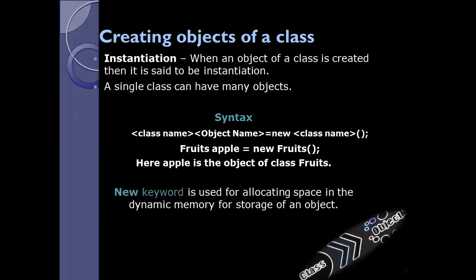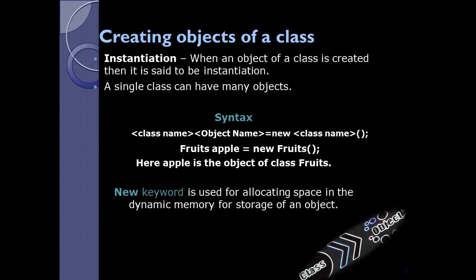Creating an object of a class. We have already seen that a class defines characteristics and behavior. Now, how to create an object from a class? The process of creating an object is known as instantiation. I repeat, when an object of a class is created, that process is known as instantiation. And we have already seen that a class can have any number of objects, or a class can have many